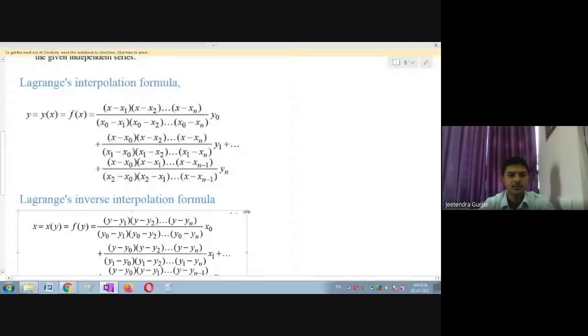Okay, so here we have Lagrange's interpolation formula. y is equal to y of x is equal to f of x. So these are all the intervals I was discussing, that every interval now we are going to take, students. That is very important. So this is a little bit of a lengthy process. You require a very good calculator so that your work is reduced, right?